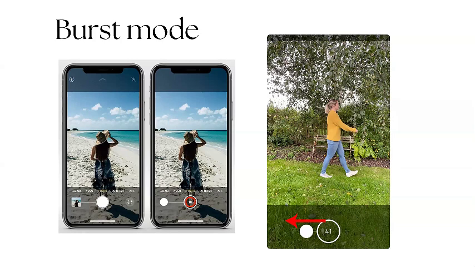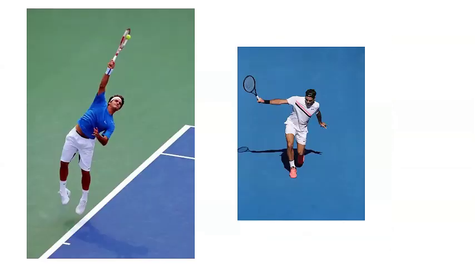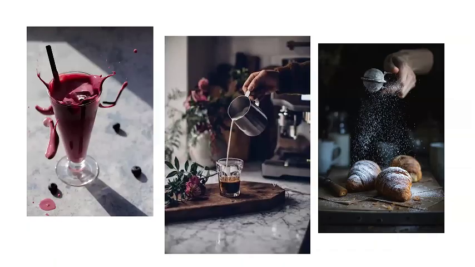So now the action mode. When you are able to take all these burst mode pictures, your camera is taking pictures very fast, like I said, up to 10 pictures in 1 second. With that, you don't miss anything that happens. Say maybe you are taking a picture of a sporting activity, a football match or a tennis match, or maybe you are a food vendor,